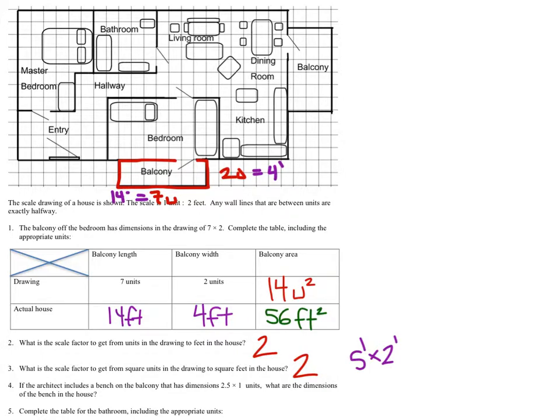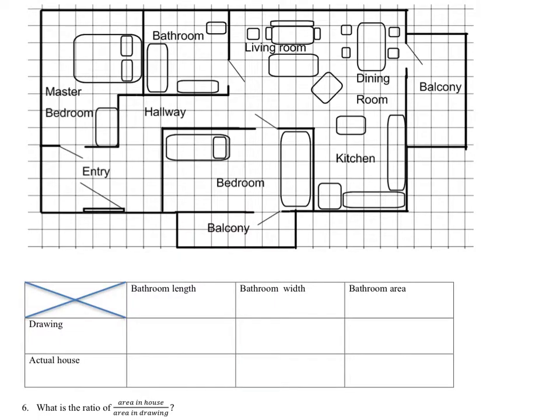Yeah, we'll complete the table for the bathroom, including the appropriate units, but on the back, right? So right here, we're looking at the bathroom. And for the bathroom, we can see it's this area up in here. So let's look at the bathroom length in the drawing first. So we'll just count these units. We got 1, 2, 3, 4, 5. So it's a 5 by 1, 2, 3, 4, 5. Oh, that's interesting. Nice square bathroom. So this 5 by 5 bathroom